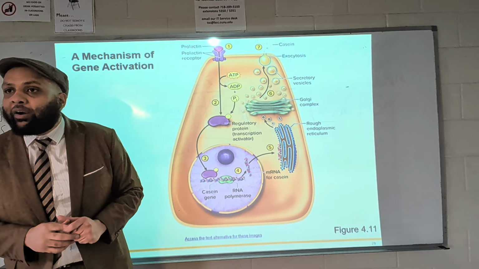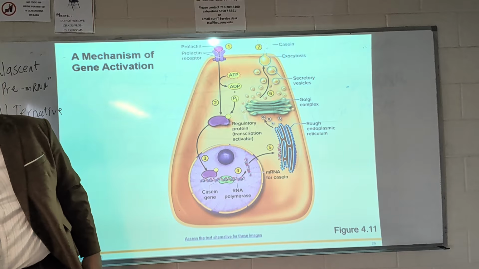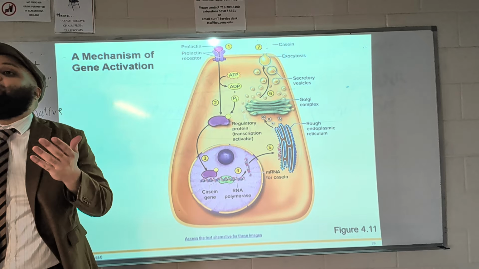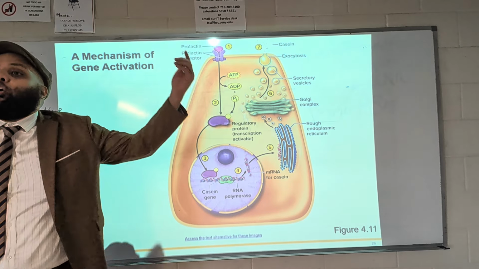So it looks like a long sequence, but it's not. It's very simple. It's trying to tell you that I get a hormone from the outside that makes me, on the inside as a cell, undergo transcription, what we just went over. Then I hand over the mRNA transcript to the rough endoplasmic reticulum to put a barcode, a signal peptide sequence, on it. Then I send it to the Golgi body. Then I'm gonna release it into the outside of the cell to mix it with the colostrum and mix it